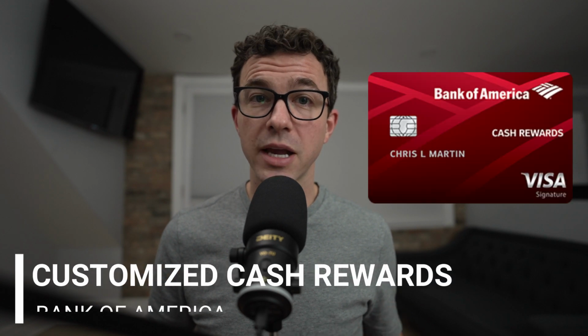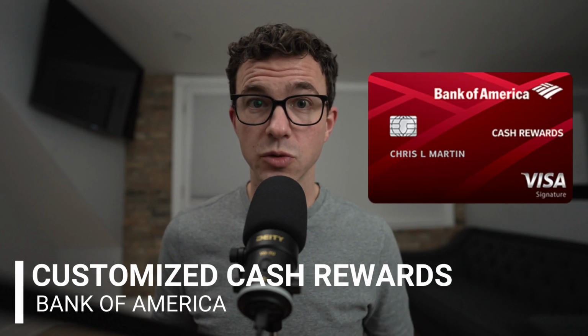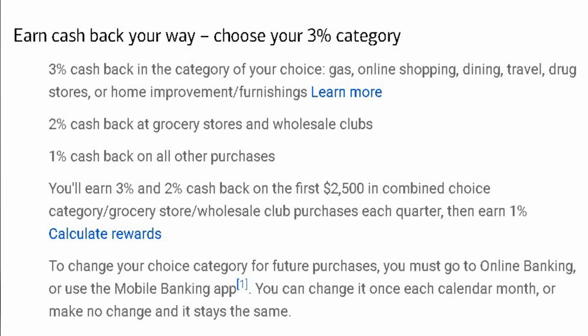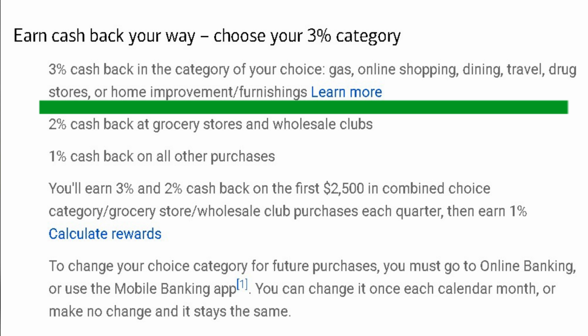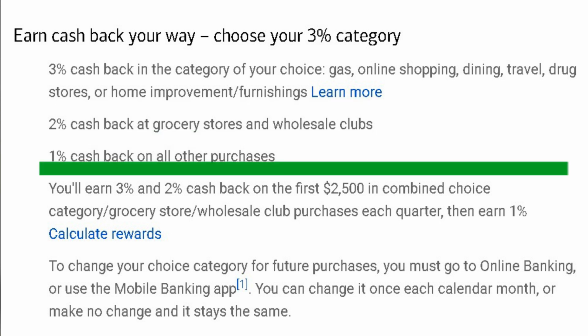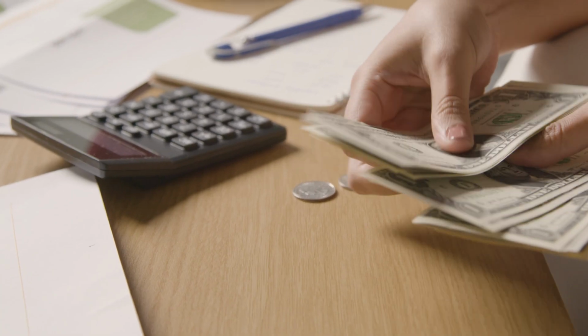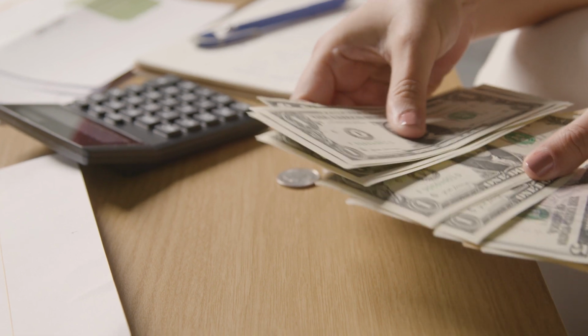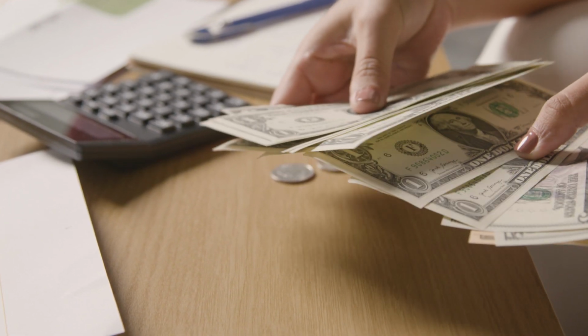Card number 12, the Bank of America Customized Cash Rewards Card. With this card, 18 months of 0% for both purchases as well as balance transfers. Also with this card, you'll earn 3% cash back in one of these categories, and then 2% cash back at grocery stores and wholesale clubs, 1% for everything else. You earn the 2 and 3% cash back on a combined up to $2,500 per quarter or 10 grand per